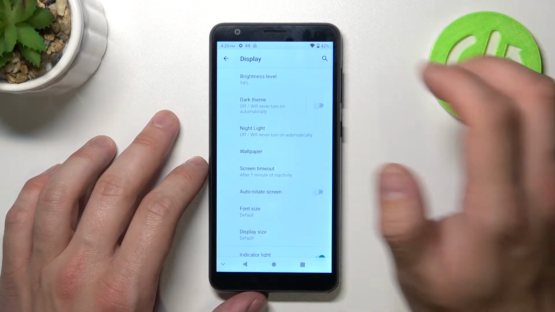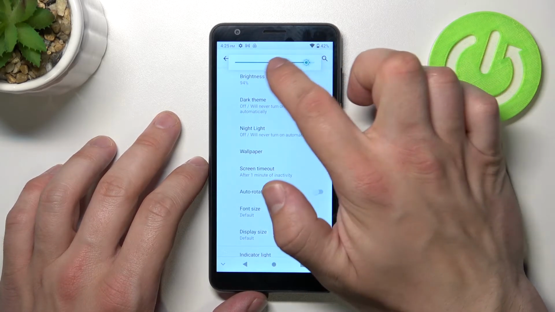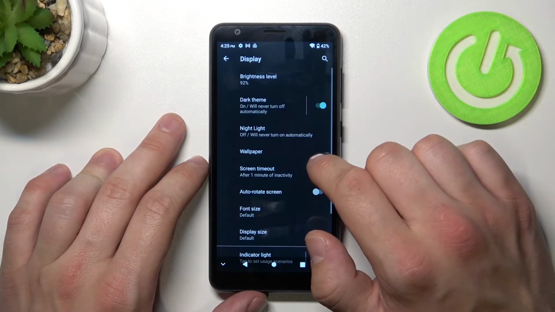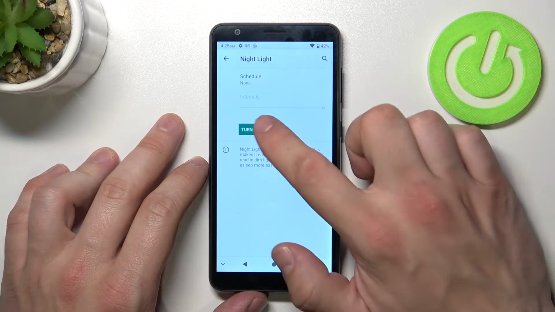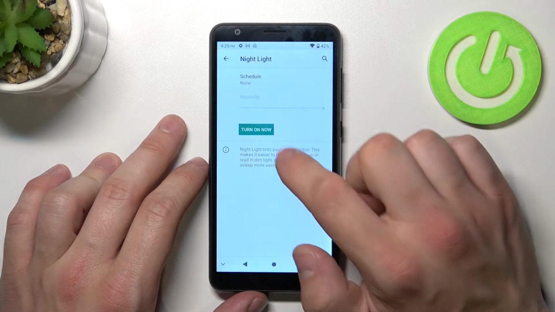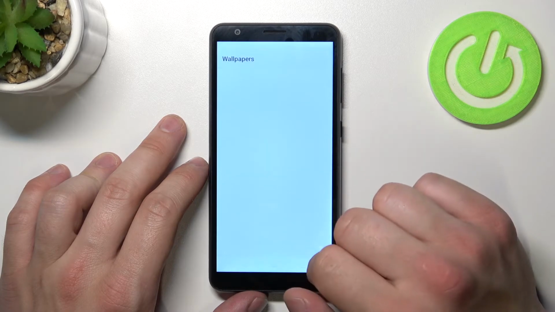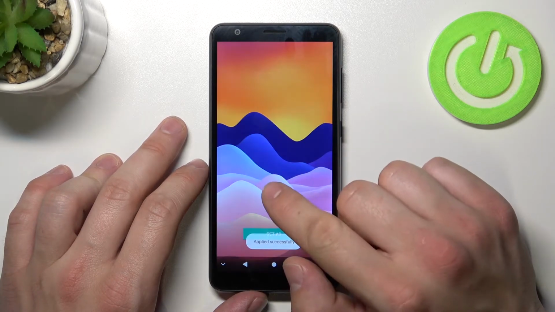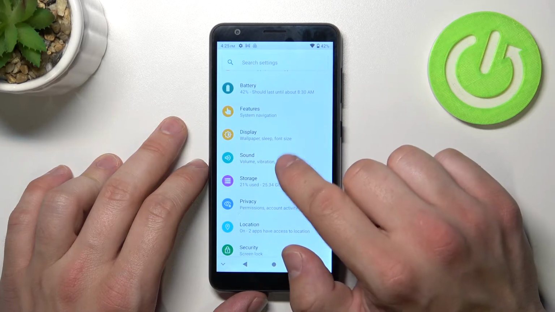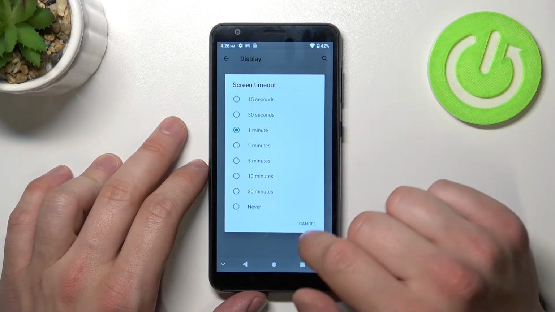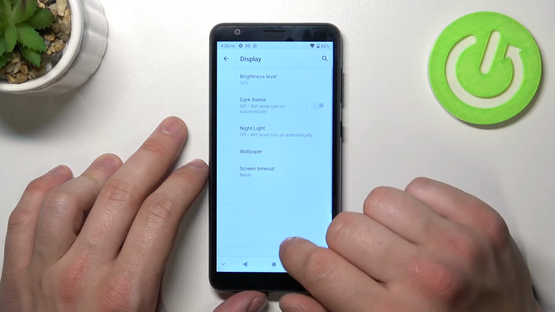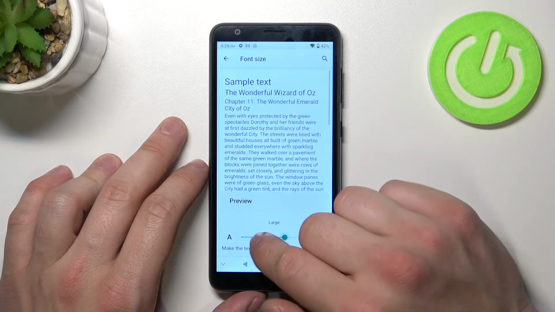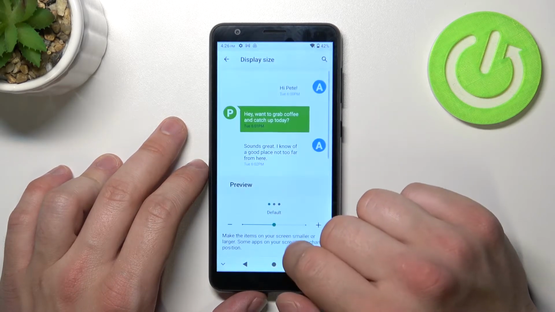Let's start with the top of the list, where you can change brightness level manually, enable or disable dark theme, night light, change its intensity, change wallpaper, change screen timeout between 15 seconds or never, enable or disable auto rotate screen, change font size, display size,